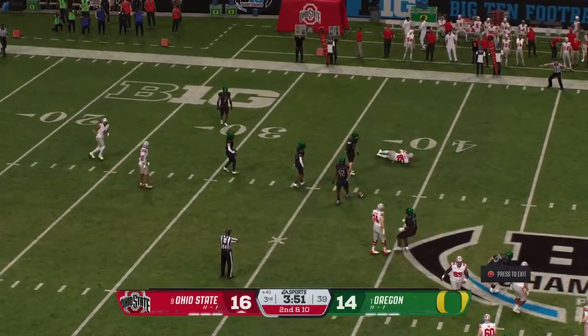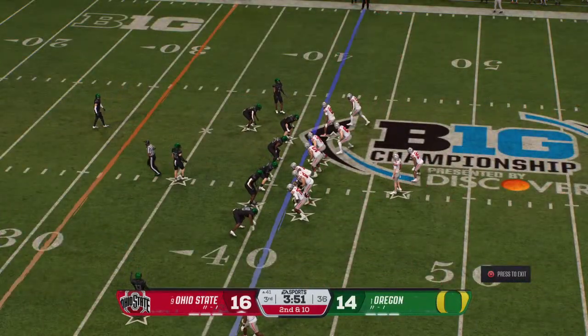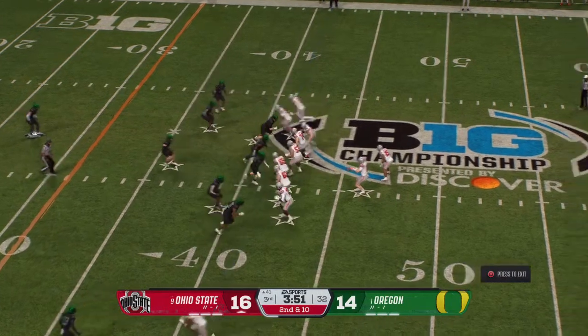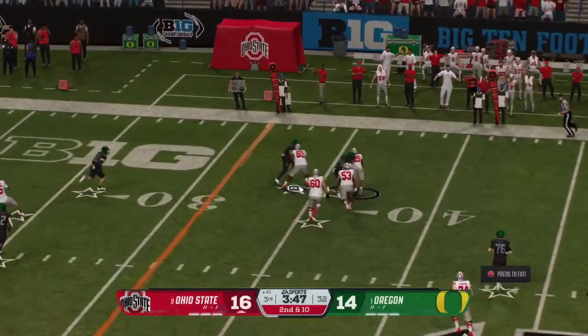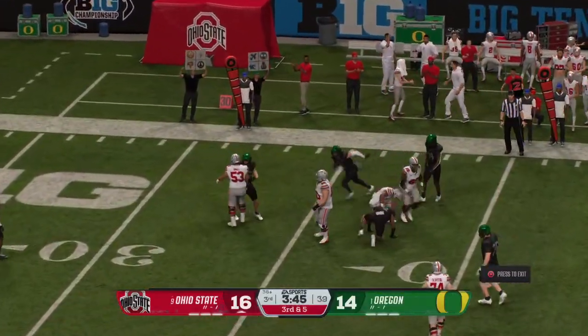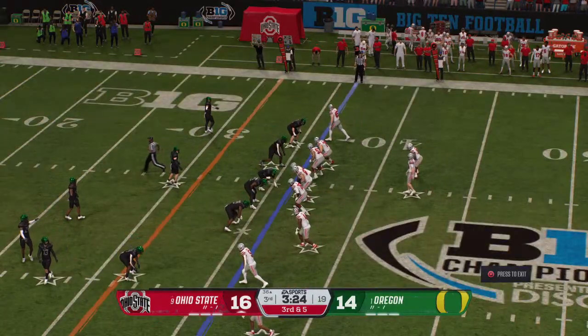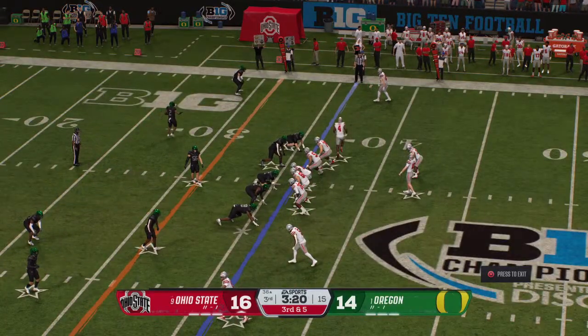And he drops it. Can you believe it? Incompletion makes it 2nd down. Quarterback looking to connect with the receiver here. Looking to set up a screen pass here. Screen plays are risky because the defense can get to the quarterback, and it also can be covered. Many times, the quarterback just throws it away. Here they get some positive yards.